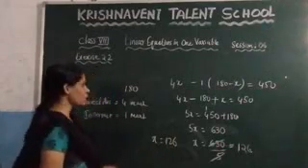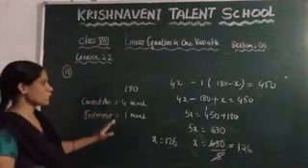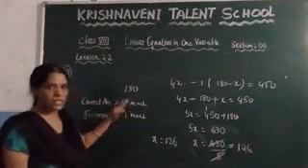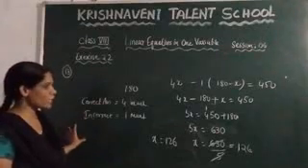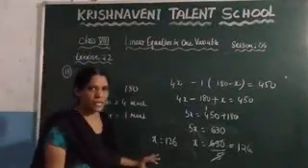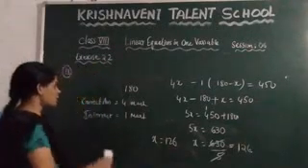What they have given here, the total number of questions is 180. For each correct answer they are getting 4 marks. For each incorrect answer they are reducing 1 mark. Based on this we need to calculate how many correct answers he has written, and after calculating we got it is 126. Now write the answer.